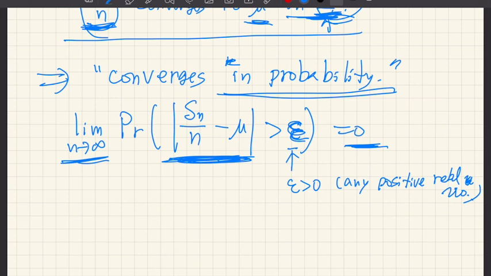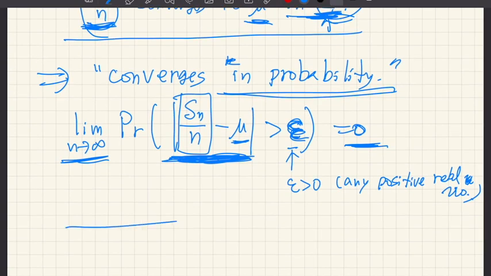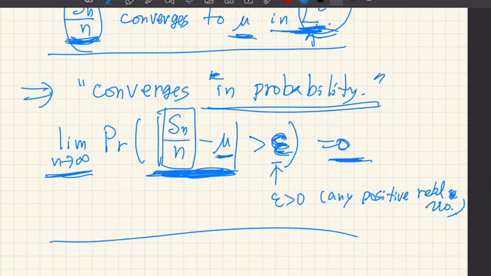So that means for any amount of deviation, that probability will be 0. So effectively, this ratio Sn over n, which is the sample mean, converges to this expectation value mu. Anyway, let's prove this weak